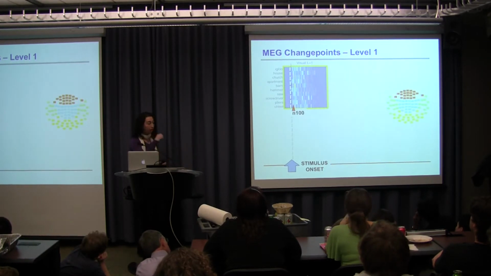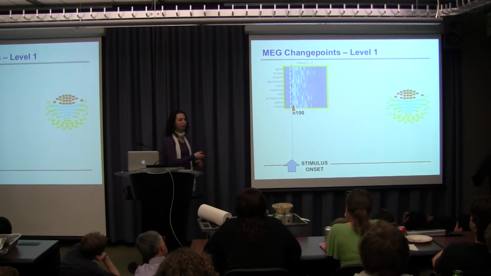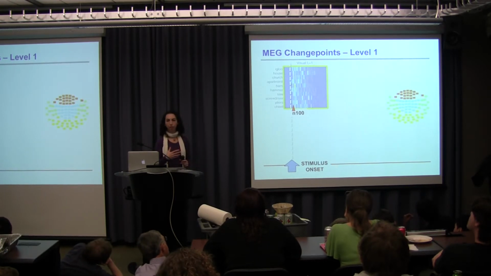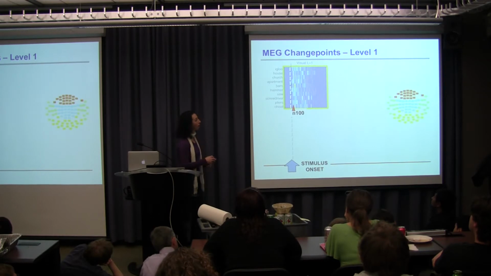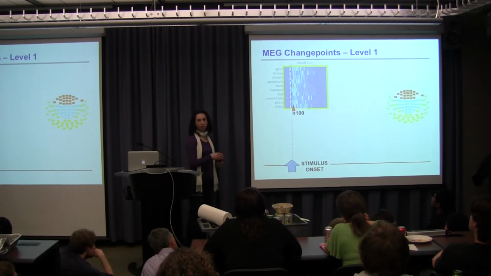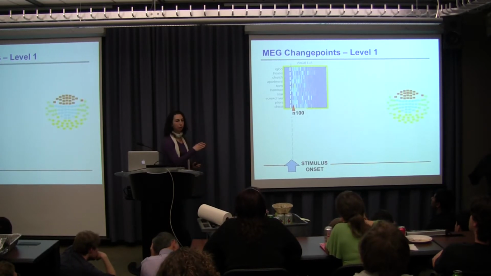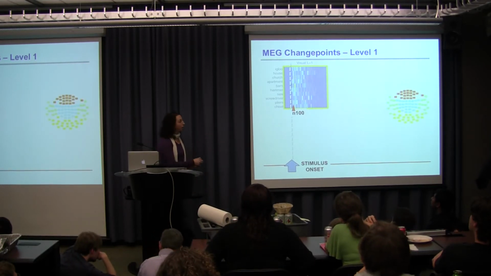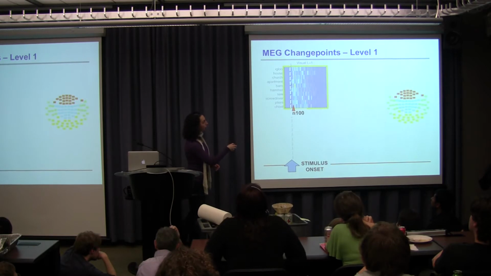Okay, so what we see is that in the visual cortex, the change points occur earliest. And that makes sense for this type of visual word stimulus. And here we're showing this N100 response time. And that's the point, it's been shown, by which people can decode word length. And what you see is a lot of agreement between the mode of our inferred change points and that famous